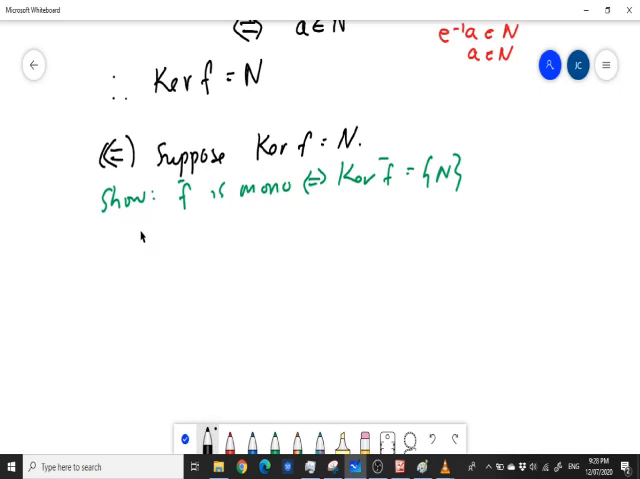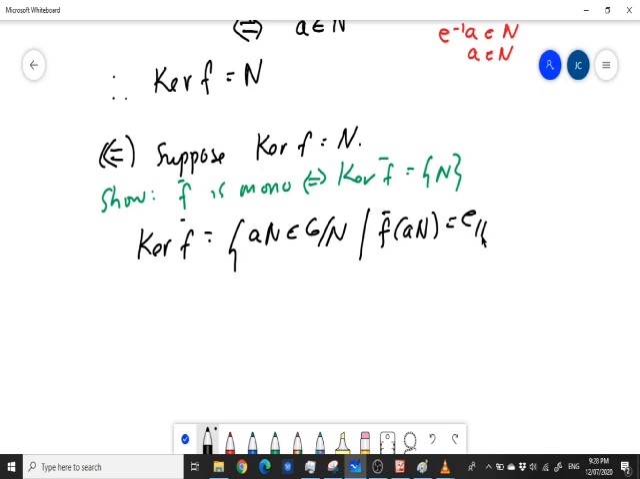What is kernel of f bar? Set of all cosets which are mapped to the identity. So f bar of an, the identity in H, right? Because G mod n to H. But by definition, this is f of a, right? By definition,